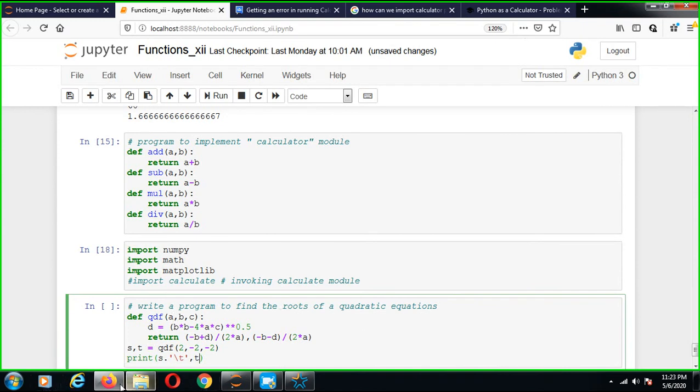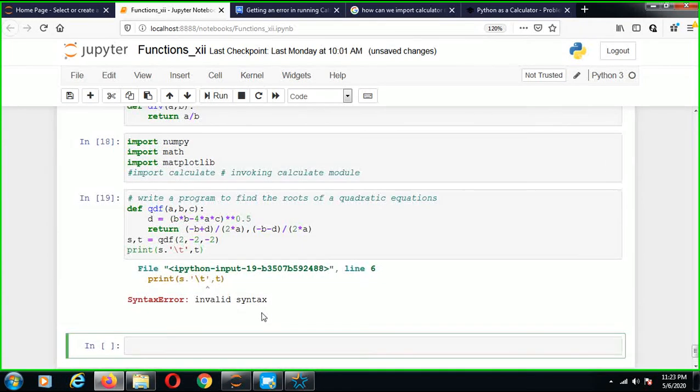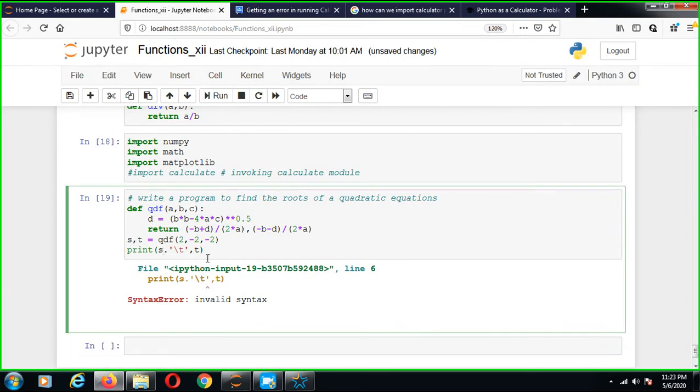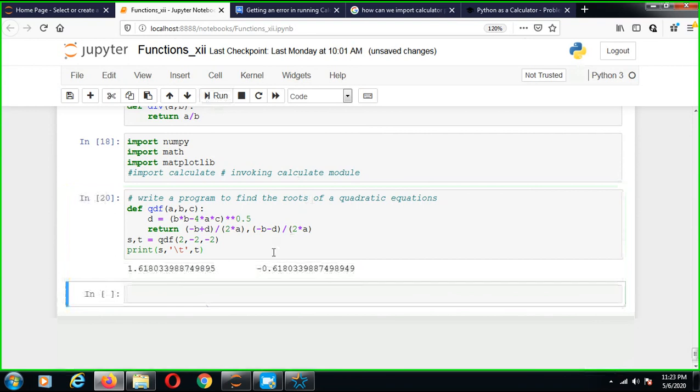Now we try to execute. What will be the output? Invalid syntax. This is the comma. Okay, this is the quadratic equation. We can solve it through this program. So we can make a quadratic equation formula with a function and return the output.